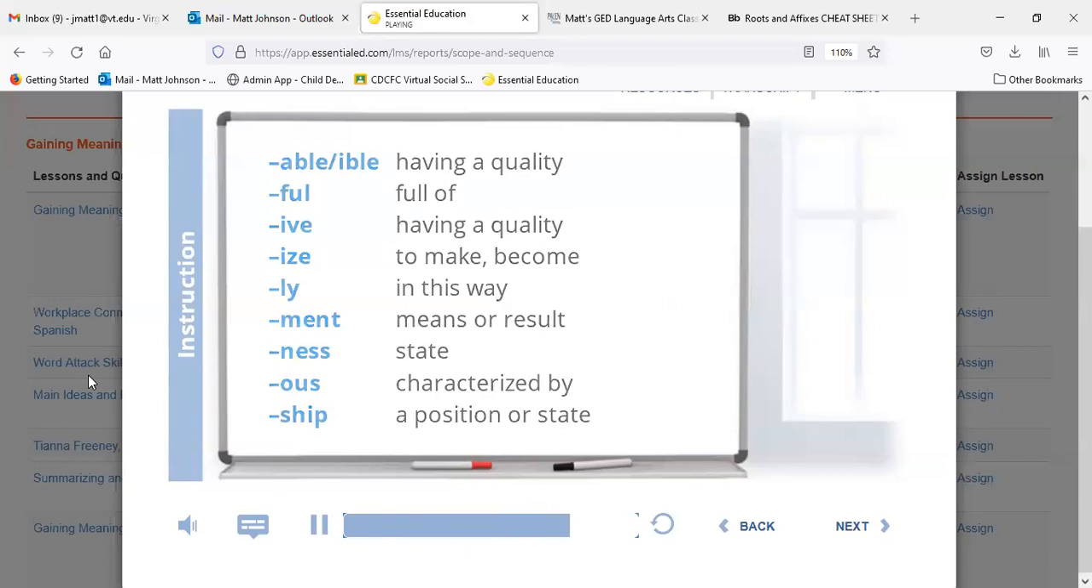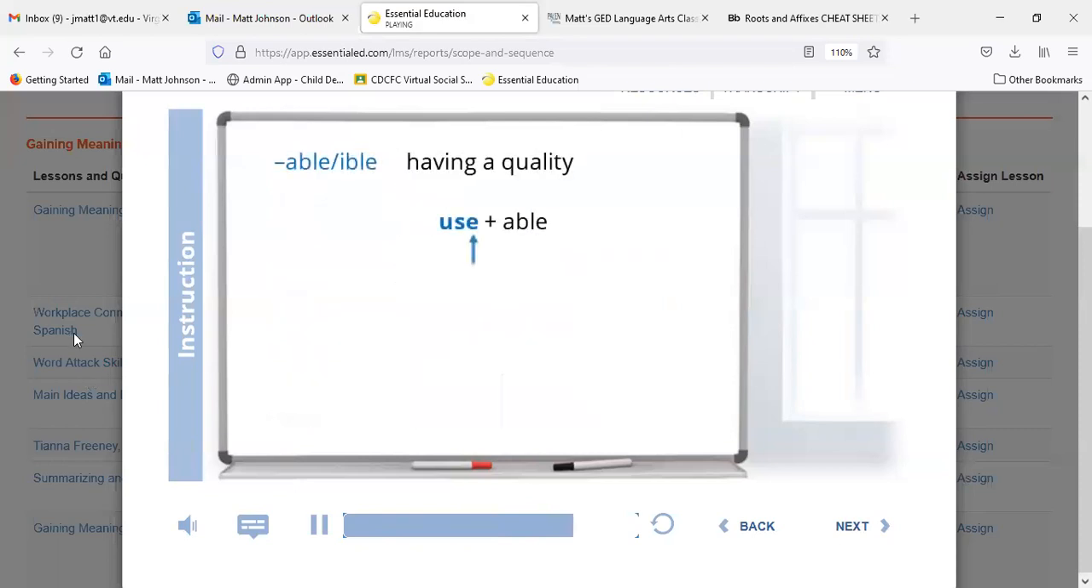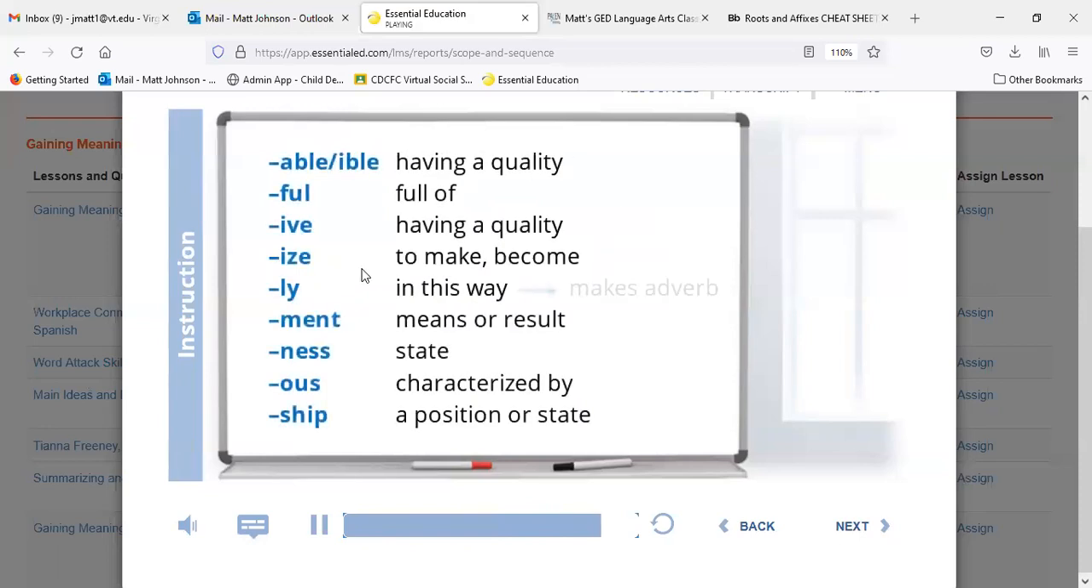Let's try adding the suffix able to the word use. Notice how the word use has a silent e? This is a situation where I drop the silent e before adding a suffix. So I drop the e and add able to create the word usable. Keep in mind that adding a suffix to a root might change the word's part of speech. Adding the suffix ly to a word, for example, changes the word into an adverb, a word that describes